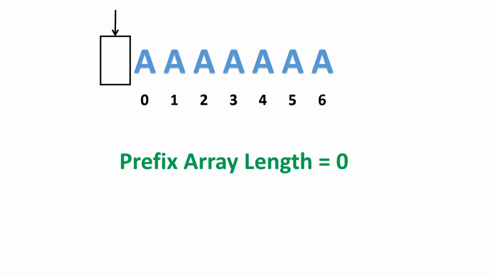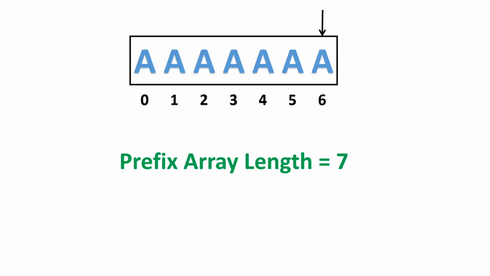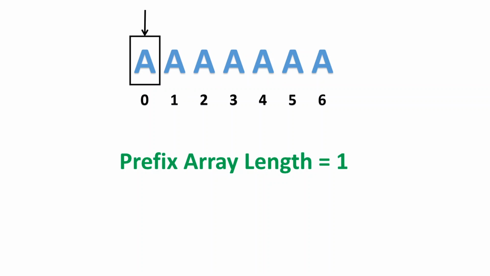So in this question, first of all, let's see what a prefix array means. A prefix array is an array which starts from the very leftmost end of the whole array, and we can include elements one by one till the rightmost end. So the only condition is to fix the leftmost end and the right end can be varying. So for this question, we'll iterate from the smallest prefix array, gradually increasing the size of our prefix array and figuring out whether each prefix array satisfies the condition or not, and